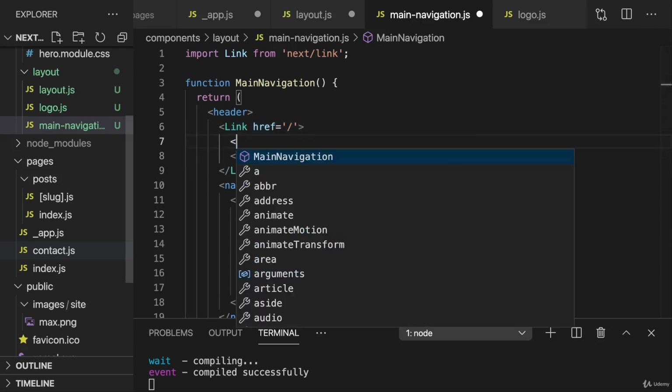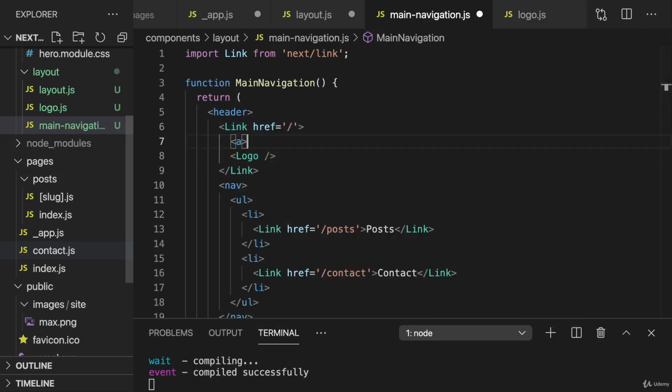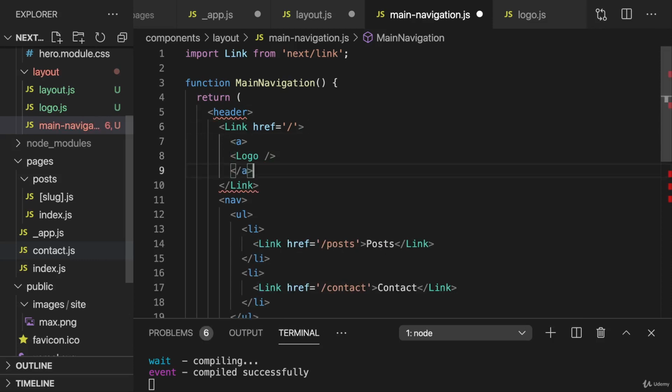So in order to get that, you should then bring your own anchor tag, like this. You don't need to add href on that anchor tag. Link will do that for you. It will pass the href set on link to the direct child of link, which is an anchor tag now. So it will do that for you, but you have to add the anchor tag element to tell link that it should render an anchor tag. This is not a bug or some inconsistency, but this exists